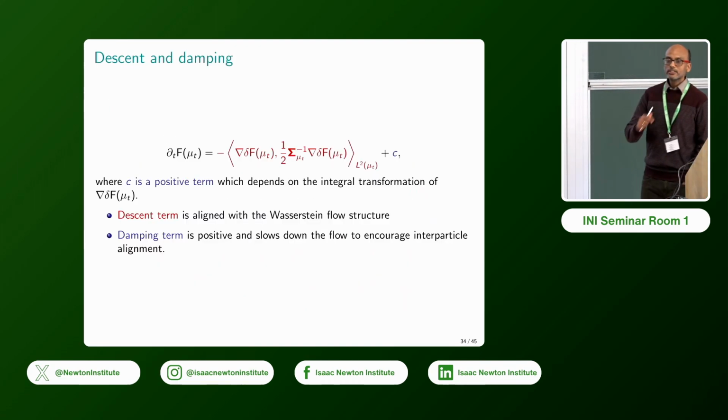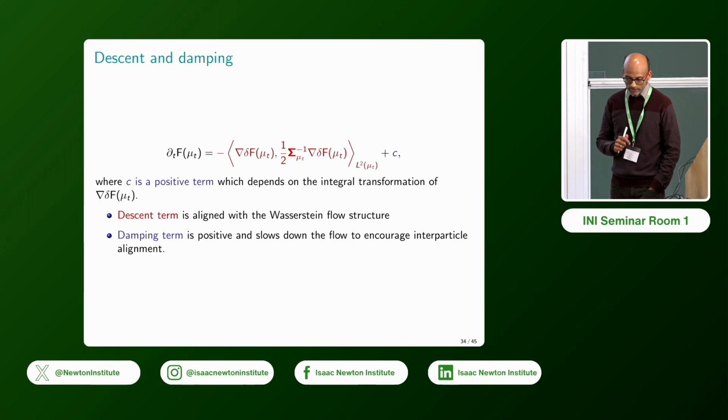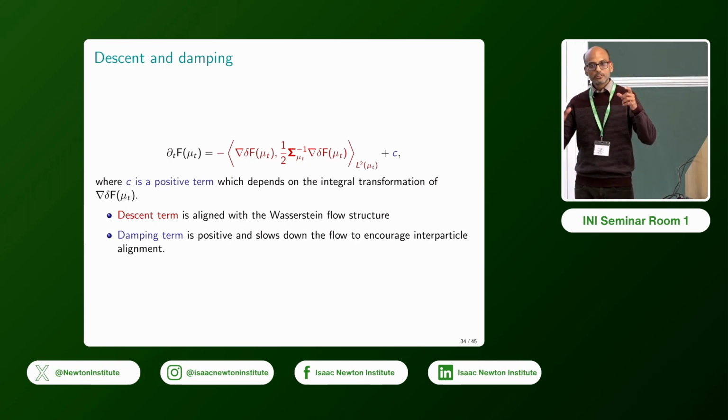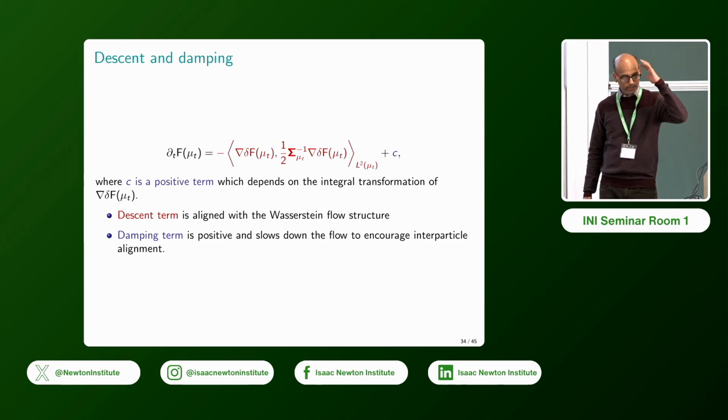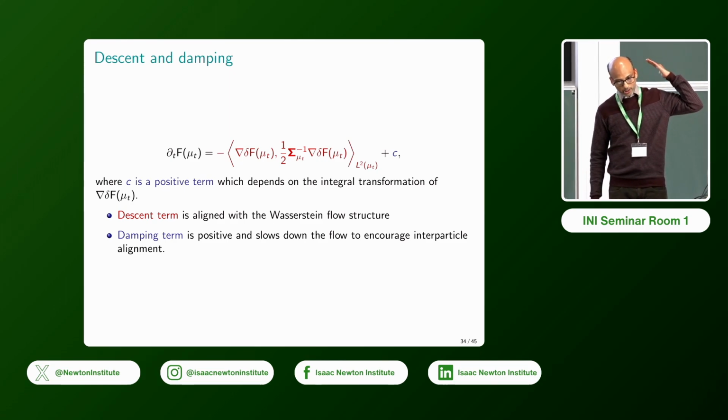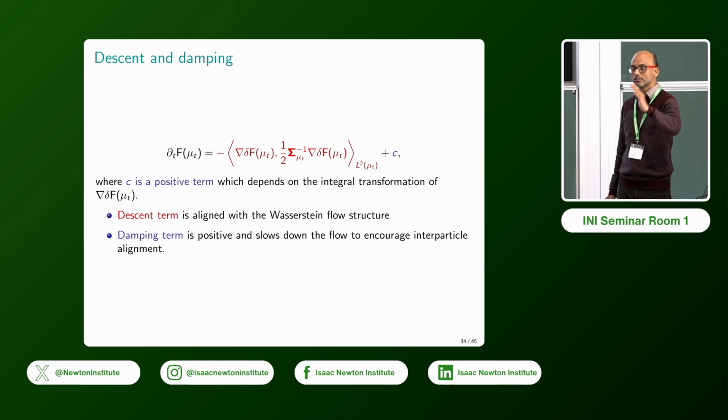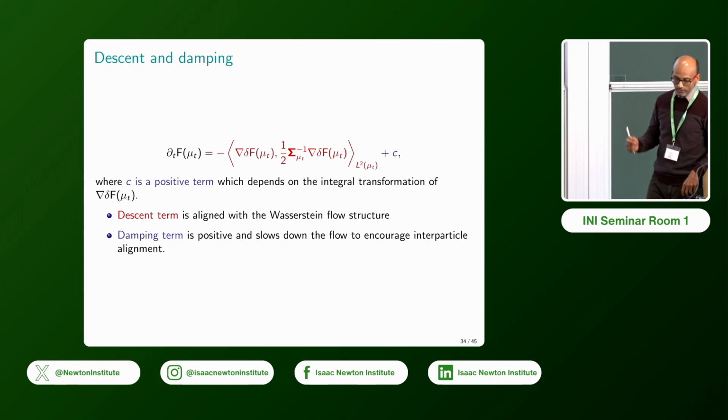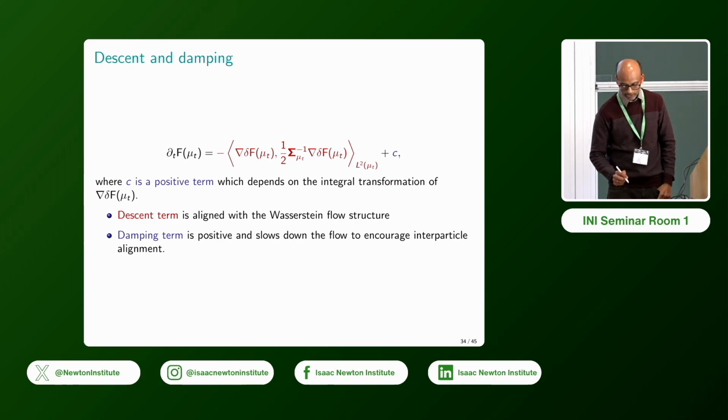There is another interesting phenomenon that happens in this IGW geometry: there are notions of both descent and damping. In the case of Wasserstein, there is only descent. So I just basically want to minimize my functional as best as I can, okay. But here, if I look at what is the rate of change of my functional,